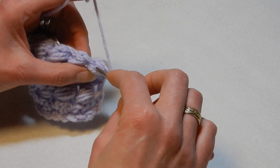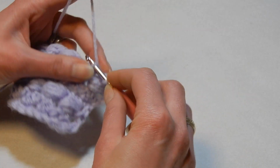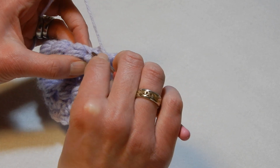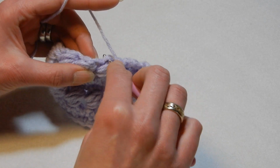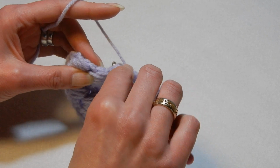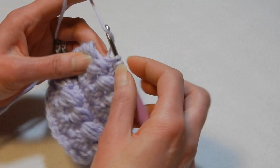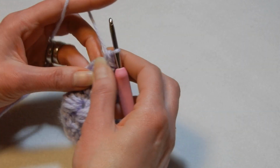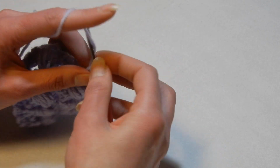One single crochet in the first stitch, the stitch on top of the puff. Yeah, this one is a little bit tricky, the one on top of the puff. And the one on top of the puff there, and we're gonna go on top of the chain here, and we're gonna do a single crochet, chain 4,